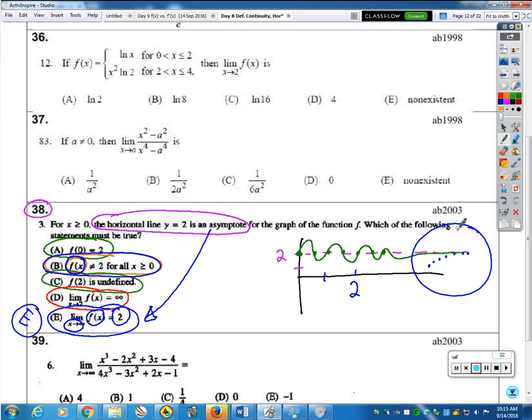You could have a function where there were no y values that are equal to 2. You could have one where many of them are equal to 2. It just has nothing to do with the horizontal asymptote. Good. So for D, would it only must be true if there was a hole at x equals 2 or something? D is actually referring to a vertical asymptote. They're saying if you get close to x equal 2, the y value gets close to infinity. So you have a feature like this,